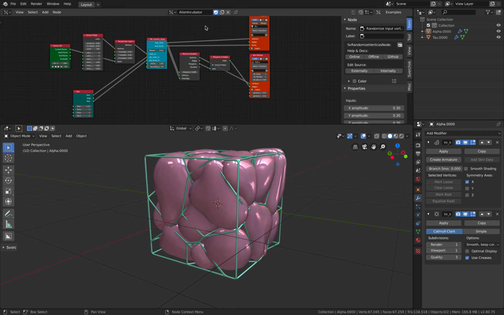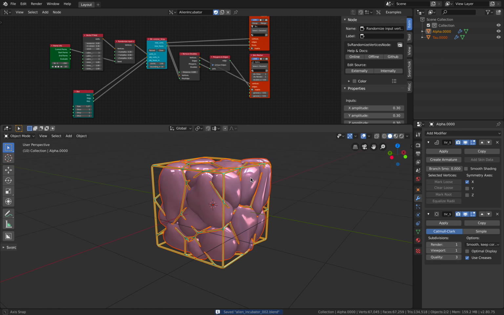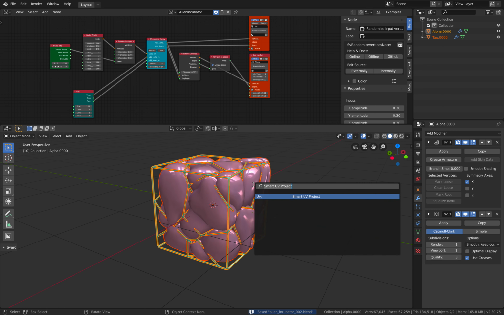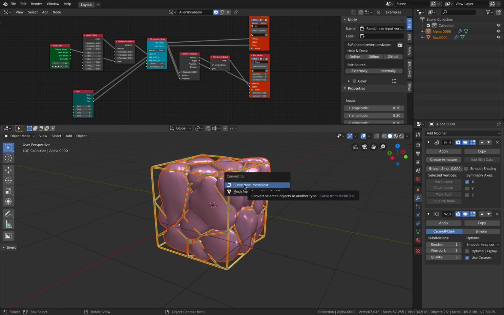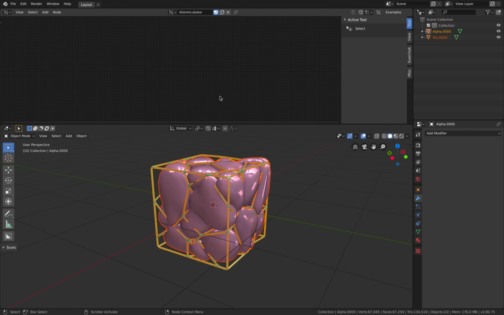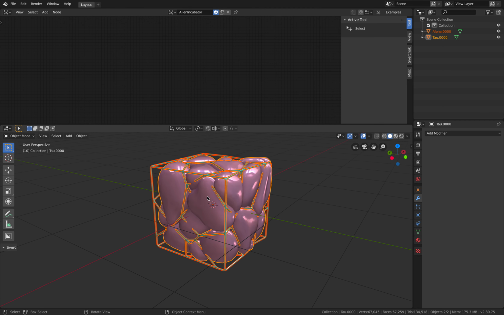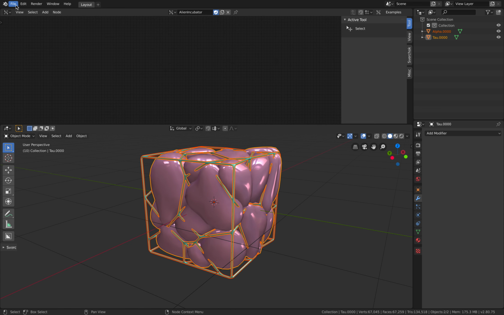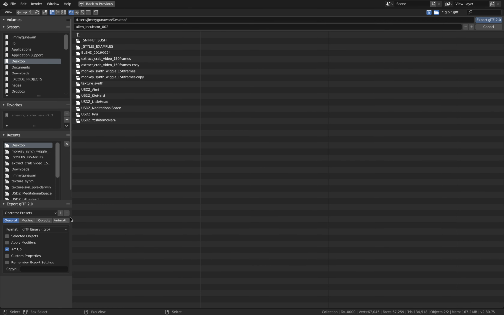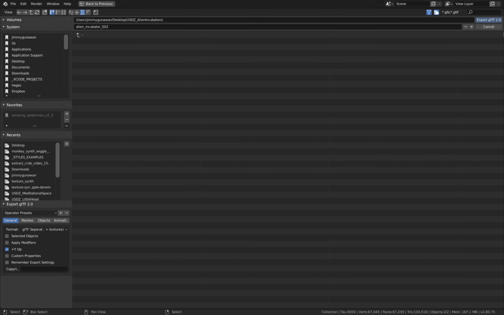If I'm happy with this, normally I just select all and then F3, convert to mesh, and everything's gonna be a mesh, and then delete everything. It would be nicer if you just apply a smart UV or something, but File, Export GLTF. USDZ alien incubators, save,